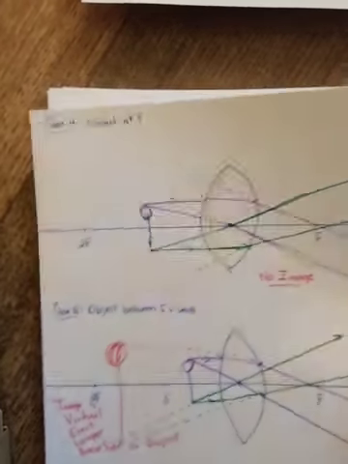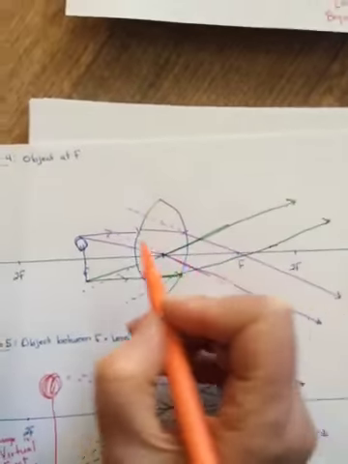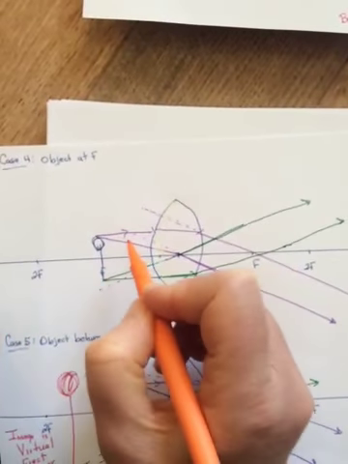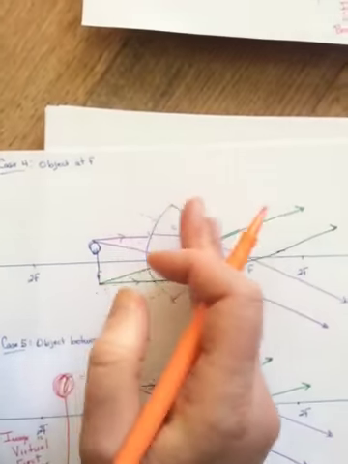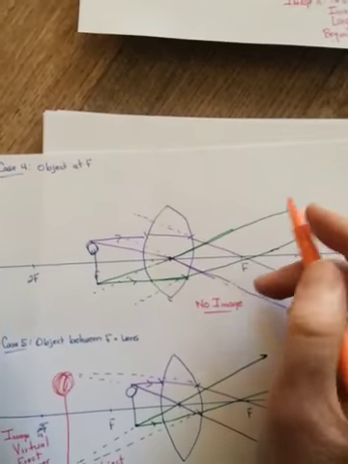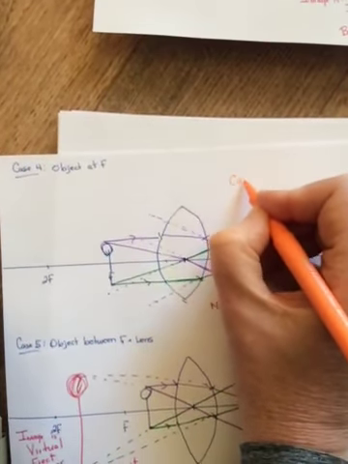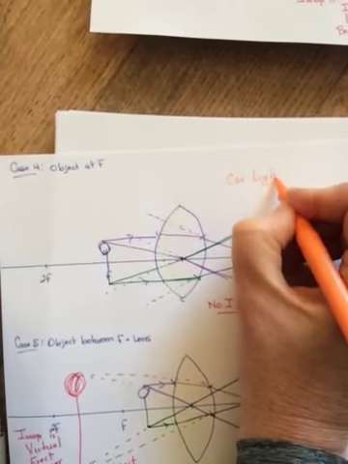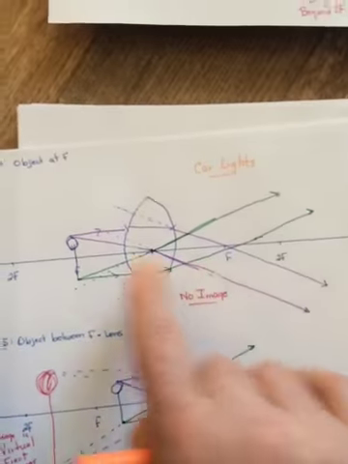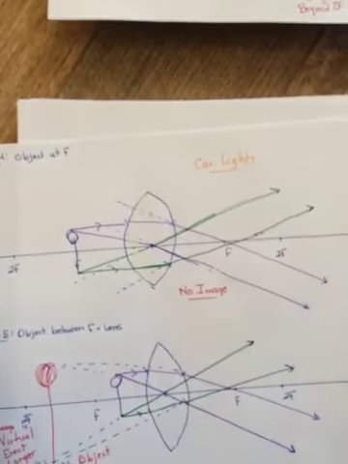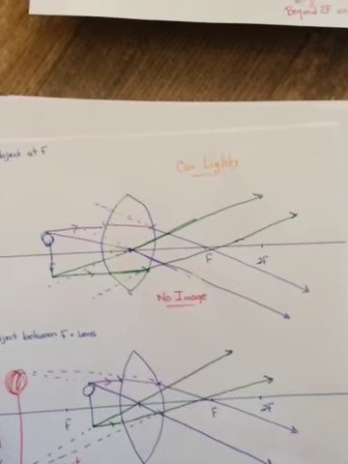Case 4, this one's really cool. You might think, well, when do we ever put an object somewhere, and then the light comes out parallel and there's no image, and when would that be useful? This is the lens in our car lights. And we don't want an image to be formed. We just want the beams of light to come out parallel. Imagine if an image was formed